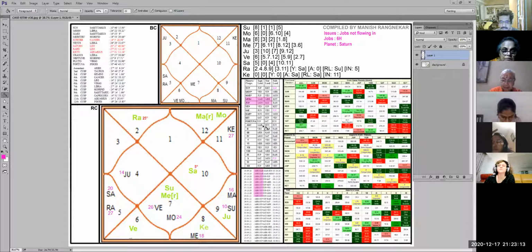The second thing I said was: this is the planet and the nakshatra lord. Next, identify the house's cuspal sublord's nakshatra lord. If you see the sixth house here, who is the cuspal sub lord of the sixth house? Mercury. Who is the nakshatra lord of Mercury? Mercury again. So Mercury is the cuspal sub lord of the sixth house. A house has its parent, which is its cuspal sub lord. A planet has its parent, which is its nakshatra lord. Keep it in mind like this.